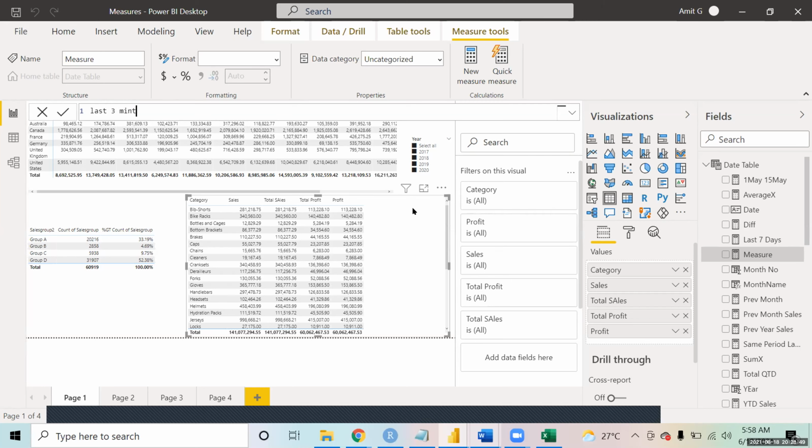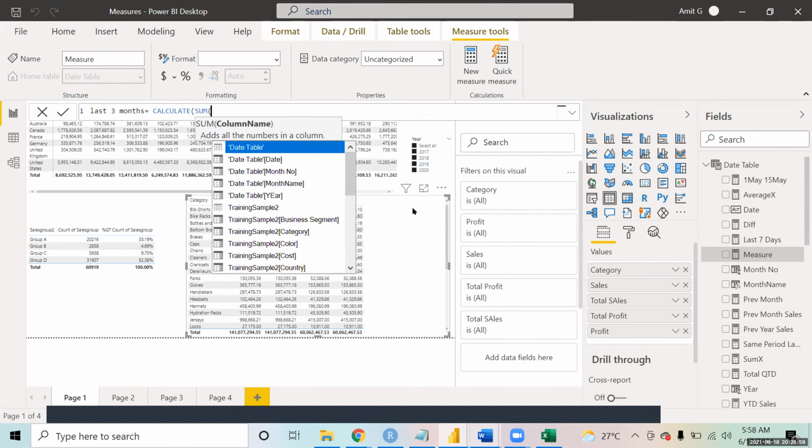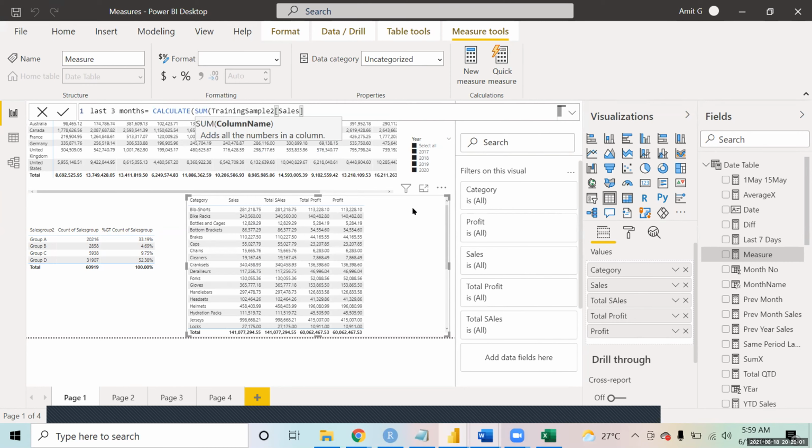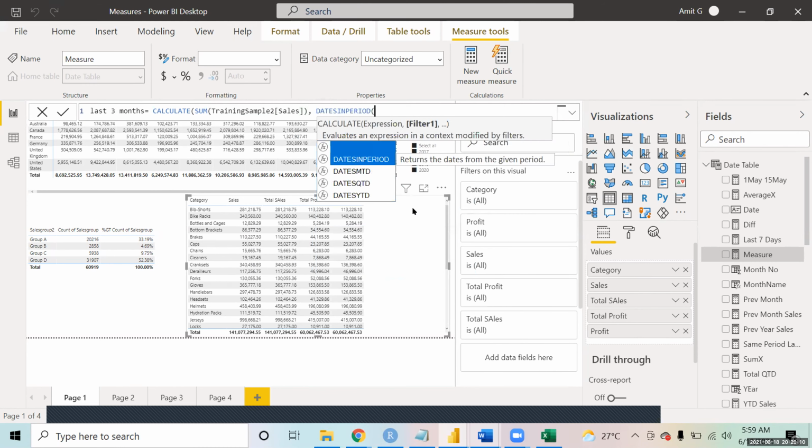I'm going to say CALCULATE, SUM of sales, and then we have a function called DATESINPERIOD.